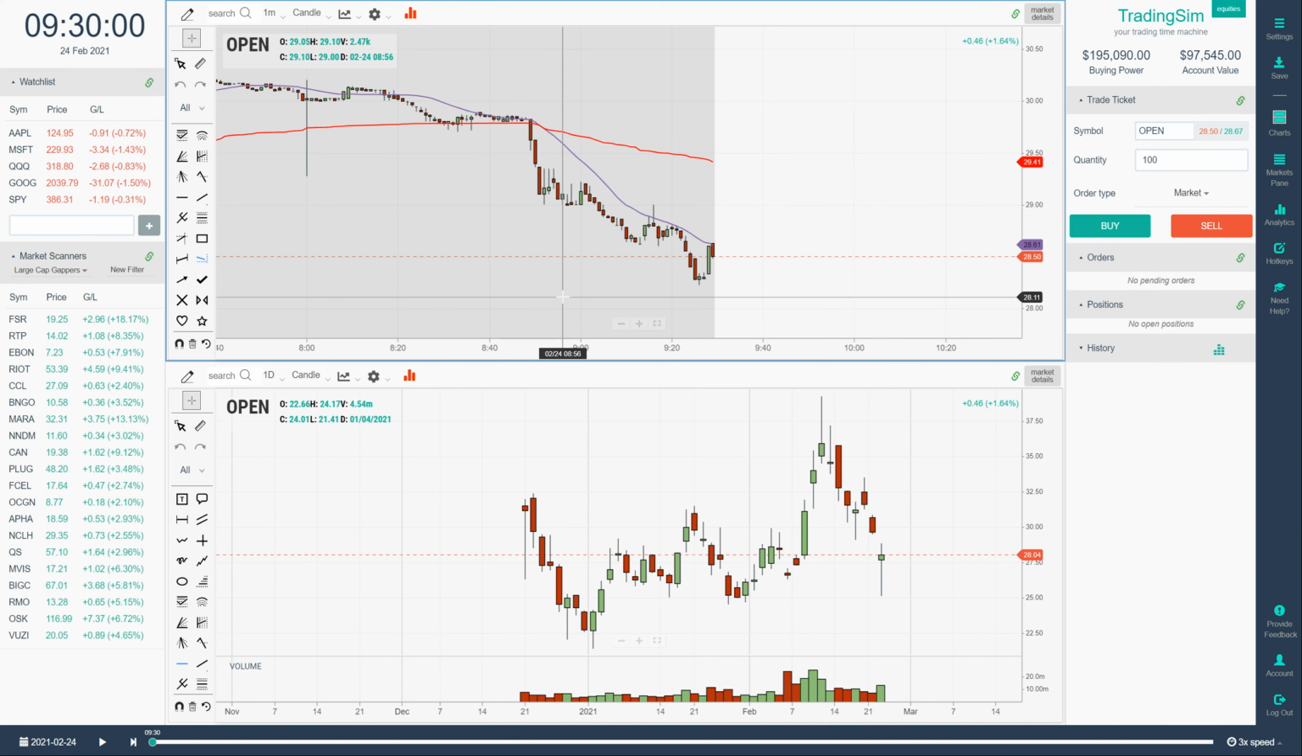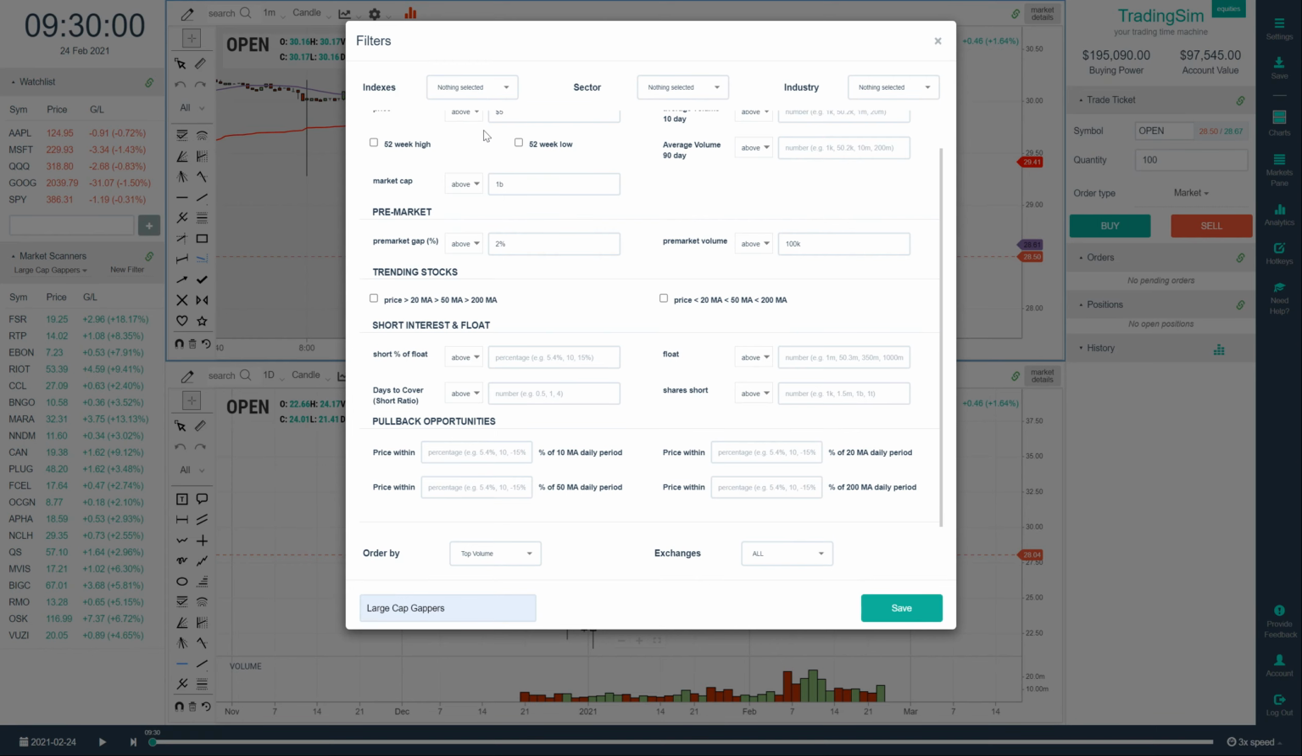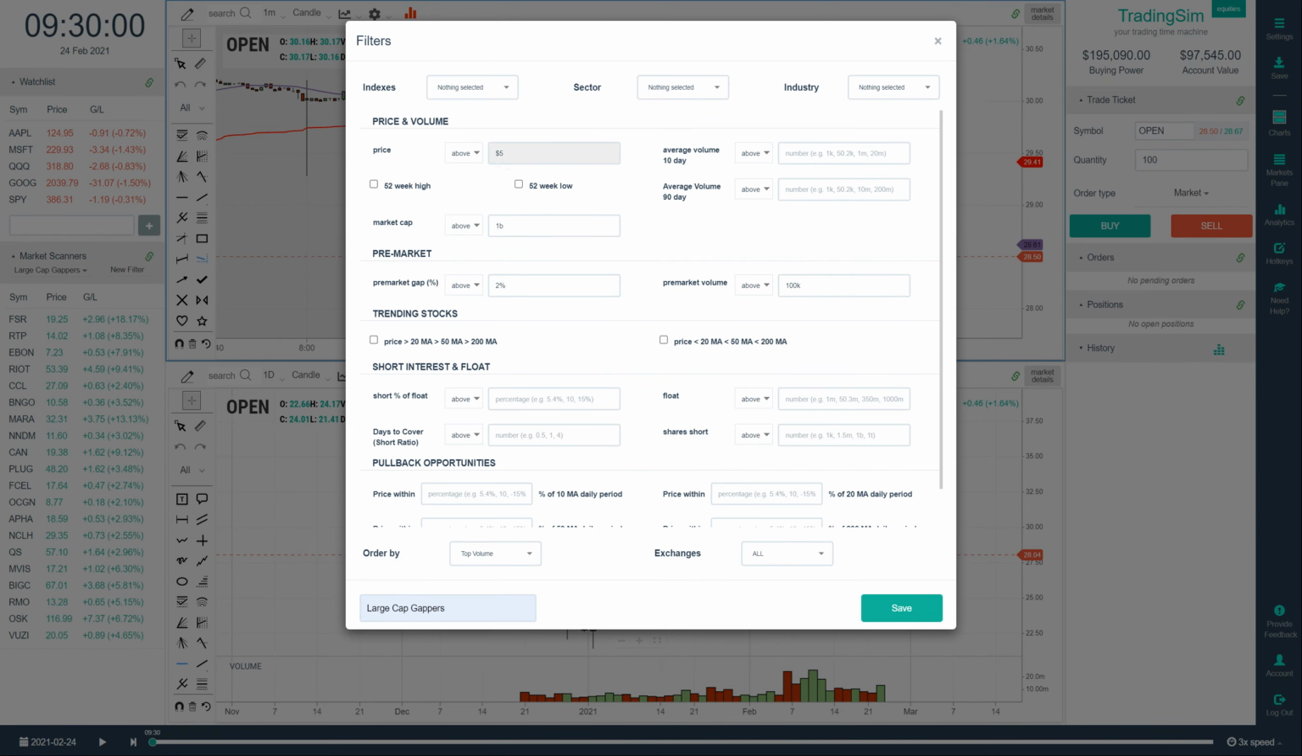And I can click on this and edit it just to show you the settings that we have in play here. So for this, we're looking for stocks above $5 with a market cap of at least $1 billion and pre-market gap of 2% on a minimum of 100,000 shares. That way there's plenty of liquidity in the stocks that we're looking to trade. We're also looking for momentum. So we're going to order these results by top volume, and as we've already named it Large Cap Gappers, we'll